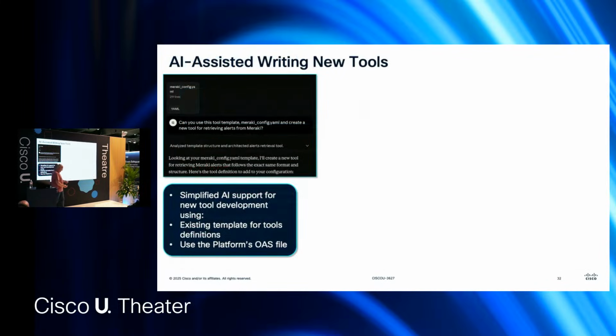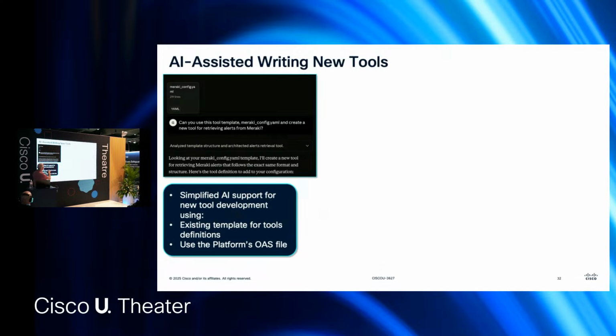How do I write new tools? Because this is important. Yeah, it's nice, it's a YAML file, but somebody has to write that YAML file. And the reason I have this slide here is because the first time I started to work with auto generation of tools, I wrote like 3 or 4 tools by hand. And then I decided, can I actually make this process a little bit quicker? So what I did is exactly this. This is my template for the tools. I want a new tool for getting basically all the alerts from Meraki.